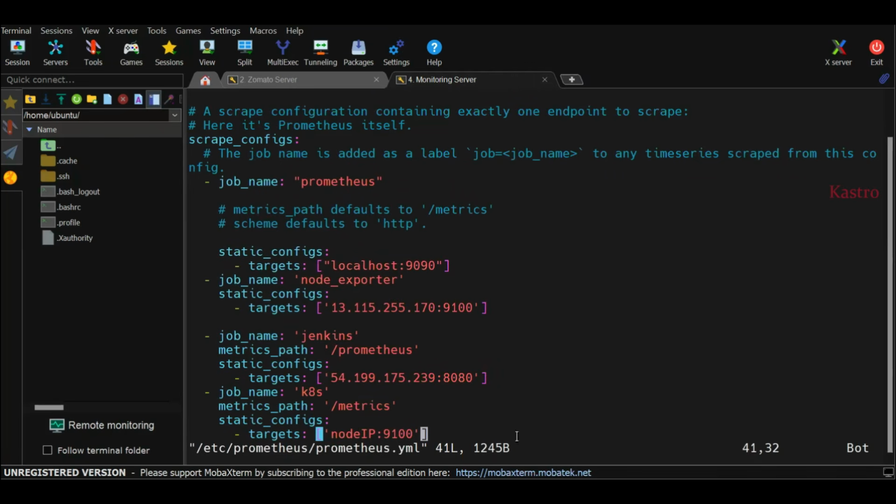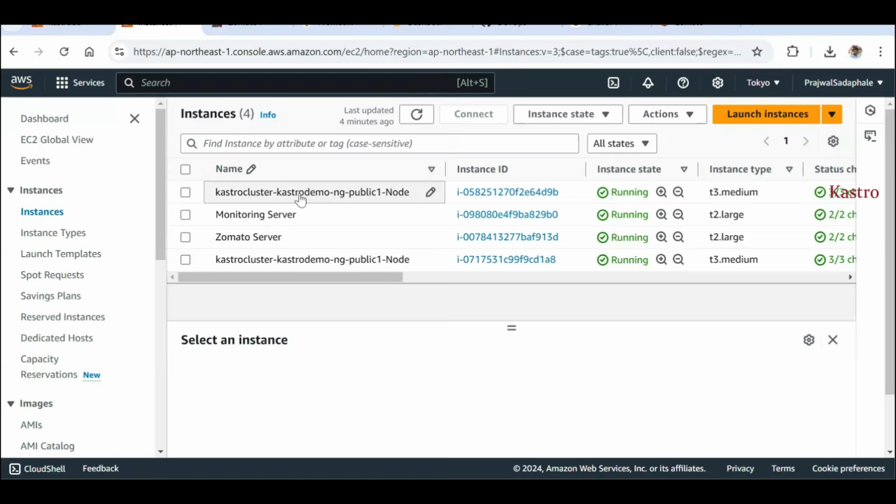So here you can see node IP. In order to get this particular node IP, if you go to the EC2 console or EC2 service, you can see 2 node groups have been created. These node groups have been created because we have configured that. Earlier we created only these 2 servers, but these 2 instances got created